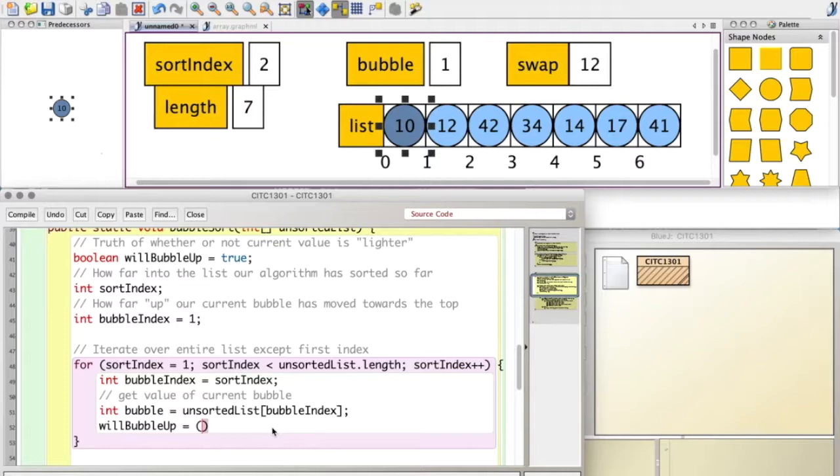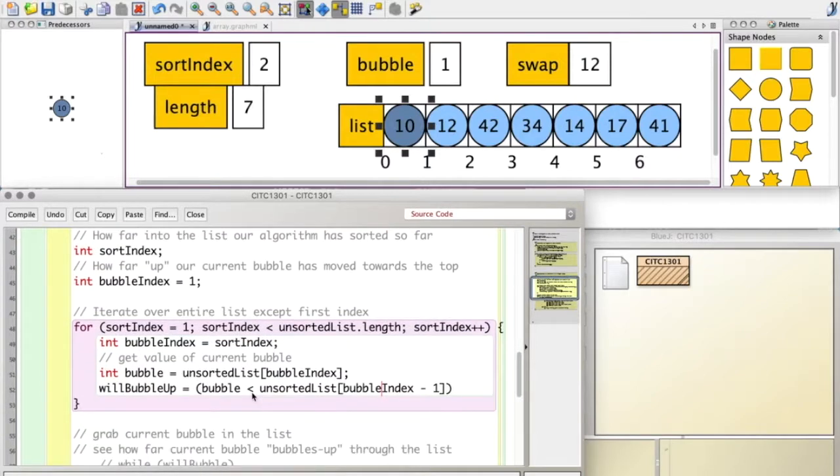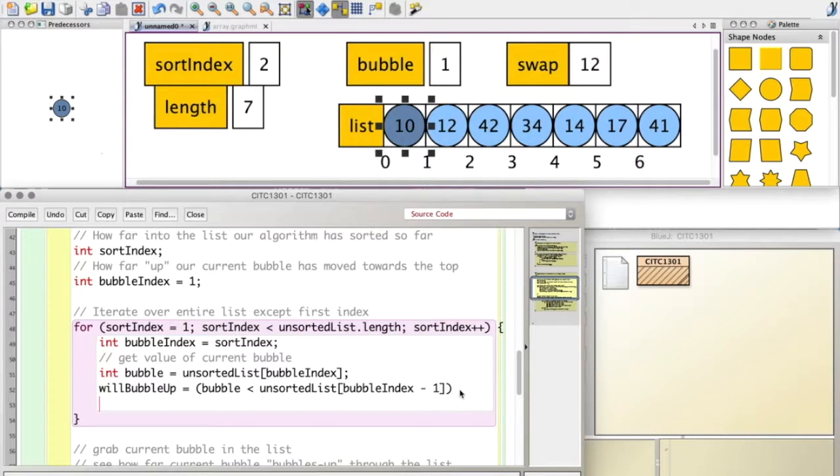But if the value of our bubble is less than unsorted list at bubble index -1, right? So if this is true, then our bubble's going to bubble, right? So actually, we'll bubble up while